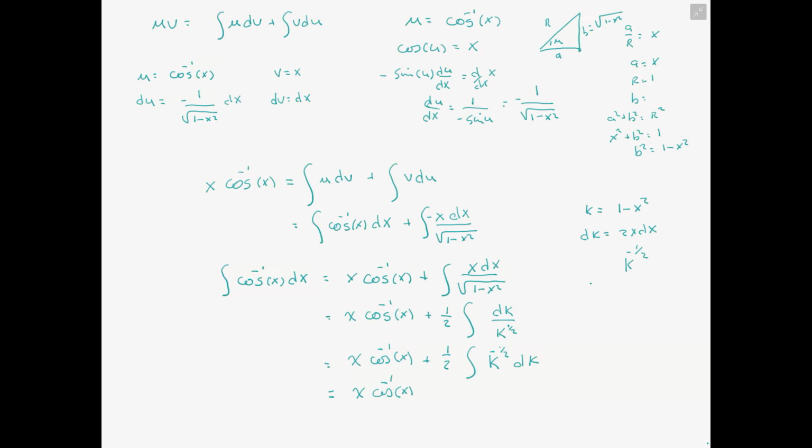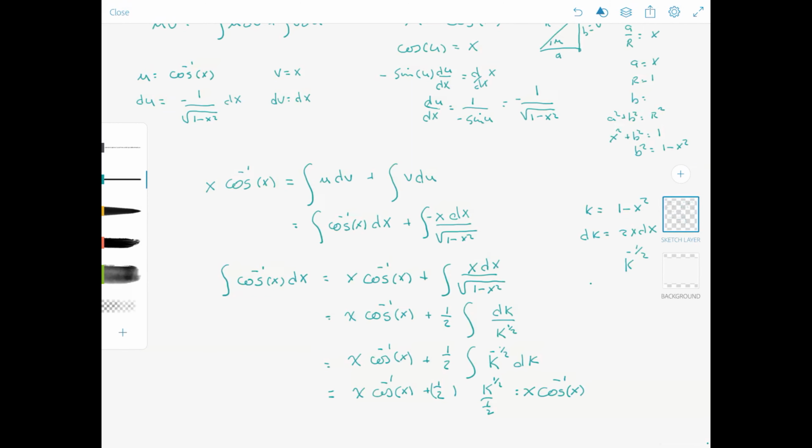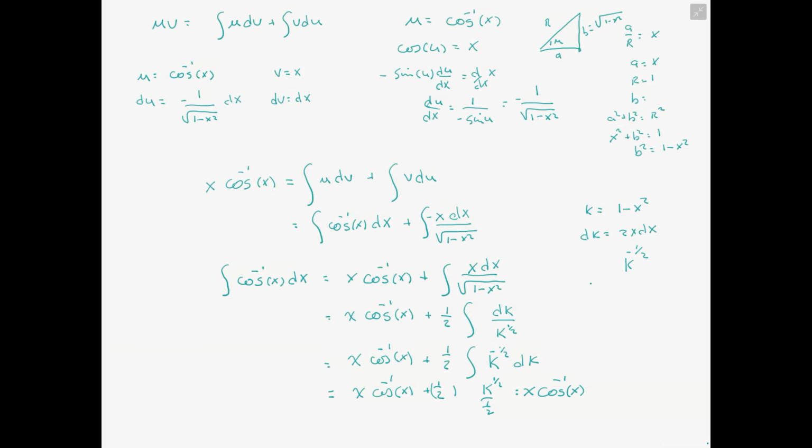x arc cosine of x plus 1/2 times k to the 1/2 over 1/2, and so that's equal to x arc cosine of x, and this is equal to k, or whoops, I shouldn't have, plus k to the 1/2, but k to the 1/2 is the square root of 1 minus x squared, and c. So here we have our